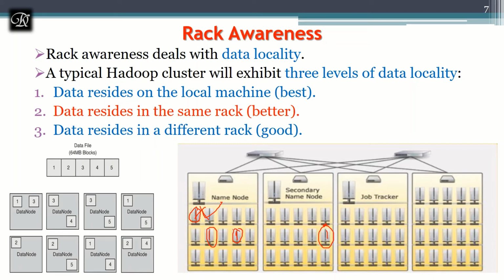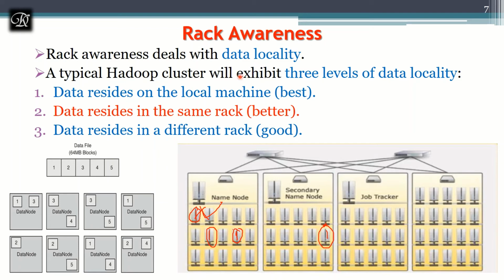Next concept is rack awareness. Why do we need to have this rack awareness? Because when a data node fails, how do we recover it? That is the main thing, because we are dealing with huge data. If it is not in terms of MB, and we transfer it over the network, even with a 5G network, when you are transferring a petabyte or terabyte of data, it takes time. And by that time, computation should stop.